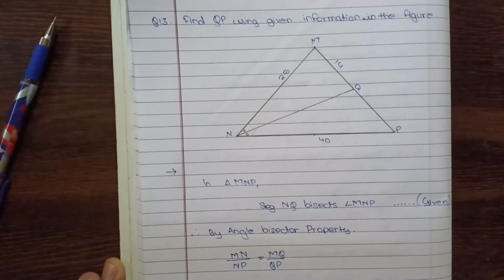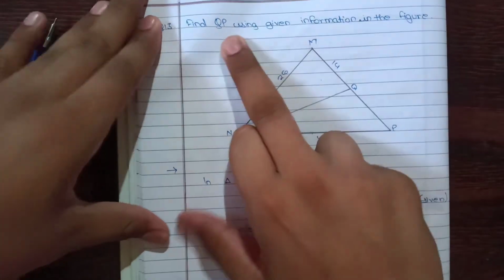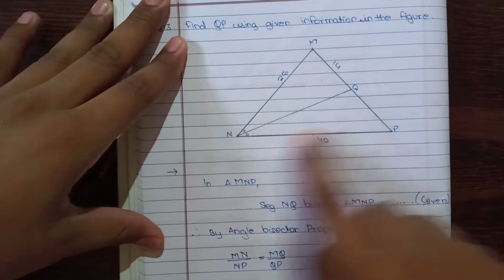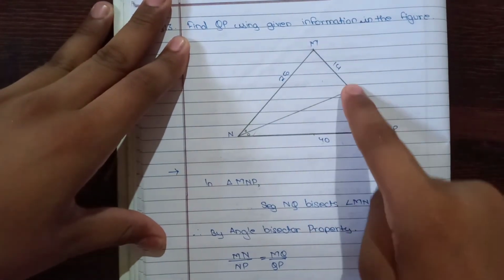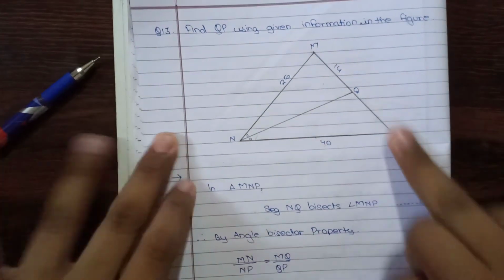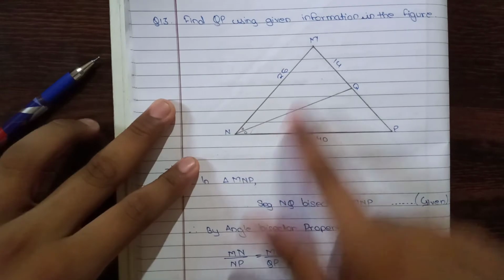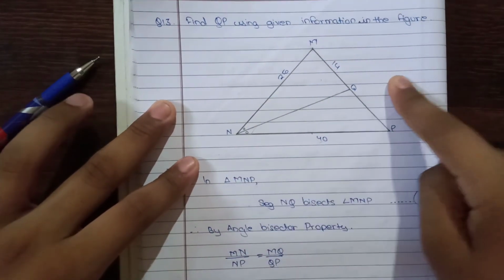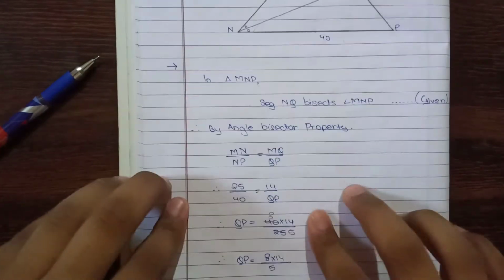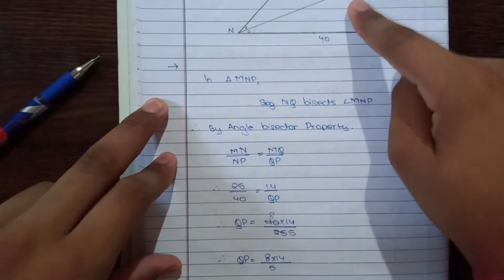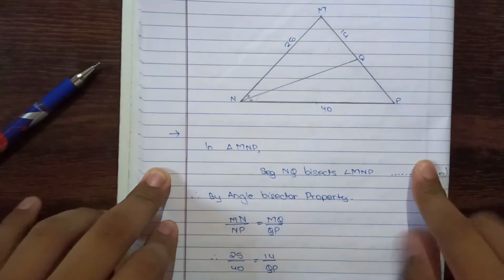Now we are going to solve some questions related to theorems. So we have this question in front of us, which is to find QP with the given information in the figure. We have been given that MN equals 25, NQ equals 14, NP equals 40, and we have to find QP. So the property we'll apply here is, in triangle MNP, segment NQ bisects angle MNP. So we'll use the angle bisector property, which is MN upon NP equals MQ upon QP. You see again, MN upon NP equals MQ upon QP, which means that